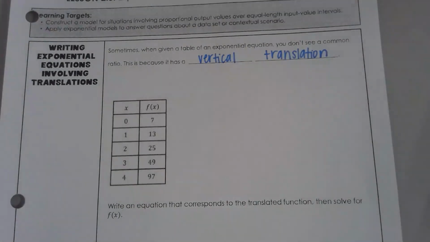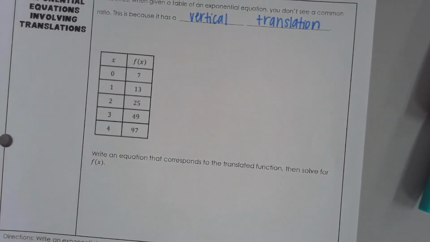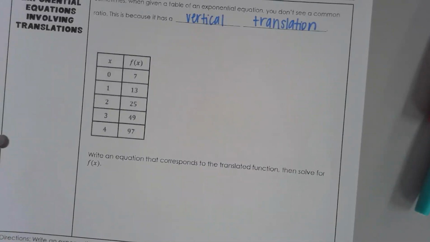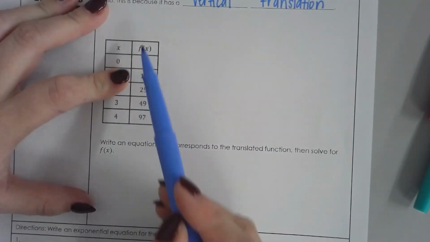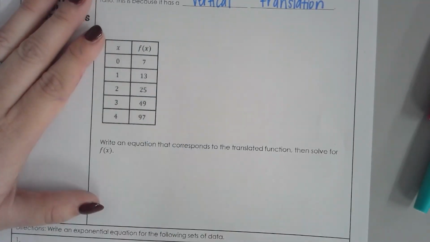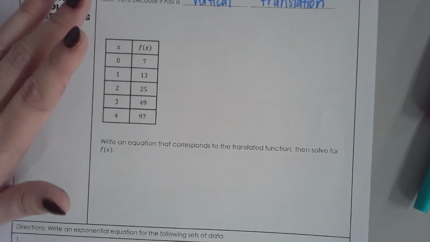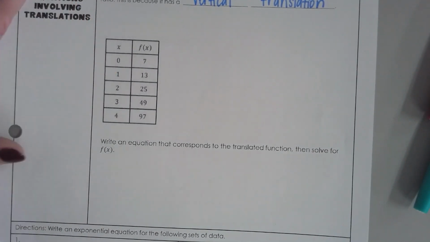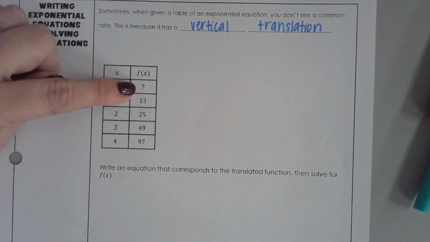So what you do is you look at the table and you have to figure out how it's shifted. This is kind of a guess and check. We want to figure out what number I could add or subtract to these y values that would lead me to have a common ratio. You just gotta look at them and play around with the numbers. So I'll give you this one. If I subtract 1,